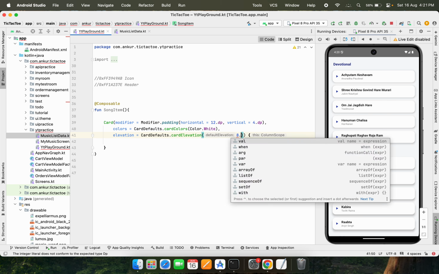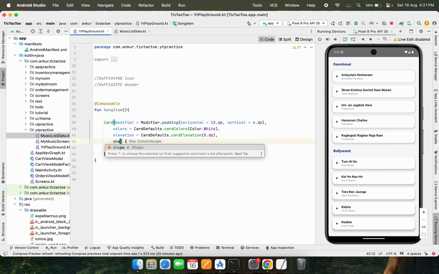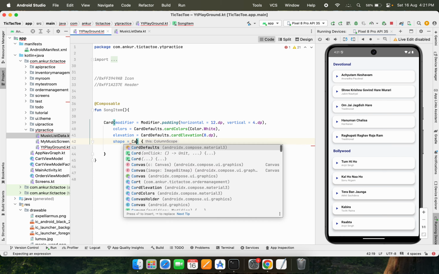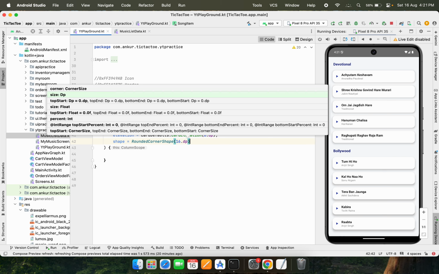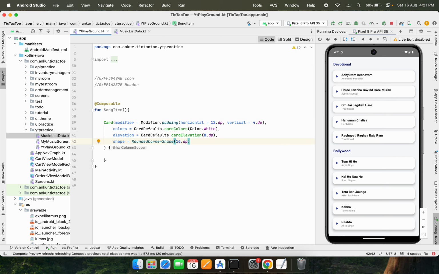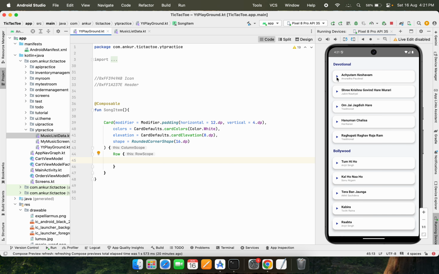Add some dp. Okay, after this, there is some shape. Okay, there is some curve over this. So for adding this curve, we have to use the shape. So for the shape, I have to use rounded corner shape, and I'll just give 16 dp rounded. Okay, and after that, because we have to add some icon and then the name,